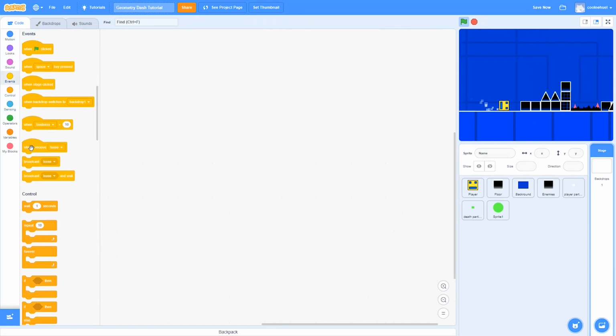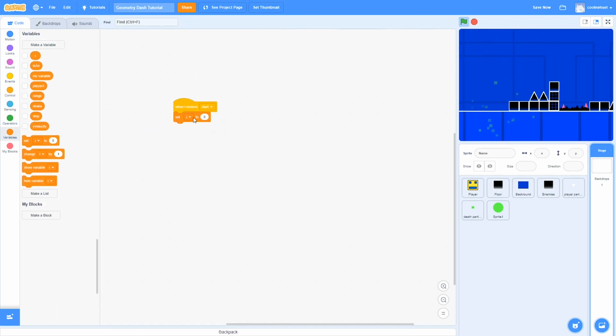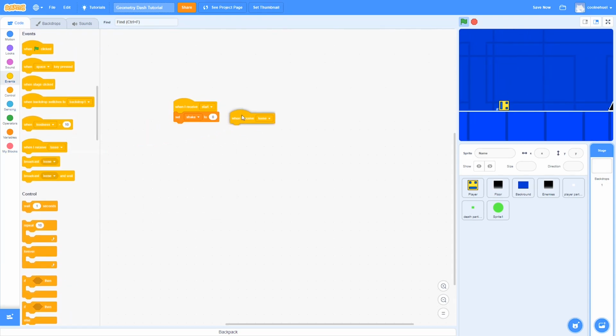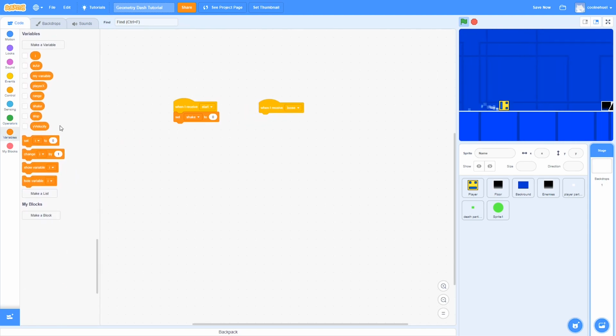Then, when it receives start, it is going to set shake to 0. Then, when it receives lose, it is going to set range to 10. And it's going to set eye to 1. Now for this camera shake, we're going to be using a sine wave. I'm going to give more information on these and how to use them in a future video, however for now just follow along. We are going to drag in a repeat block,